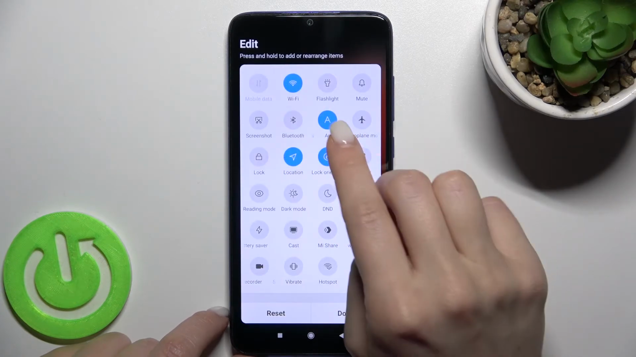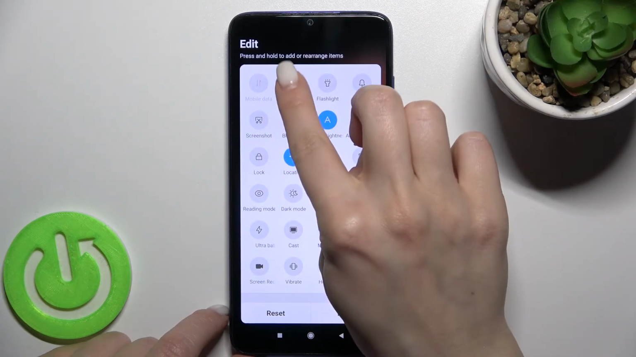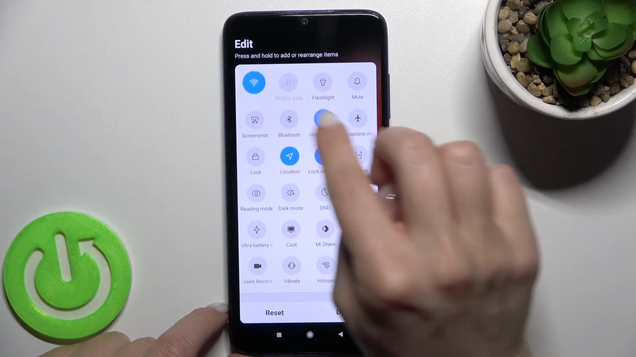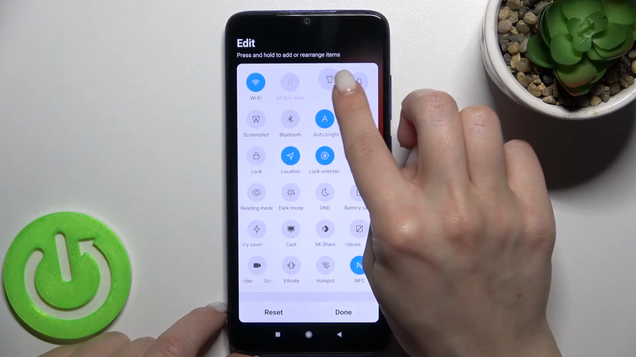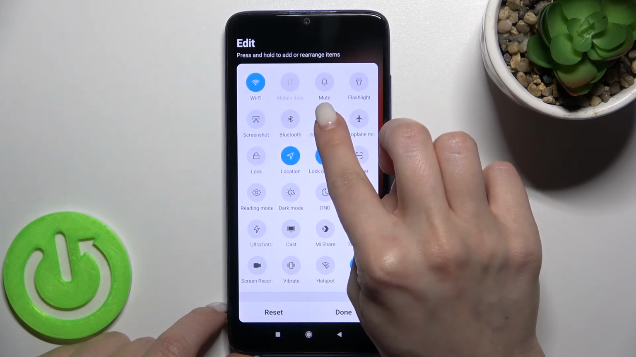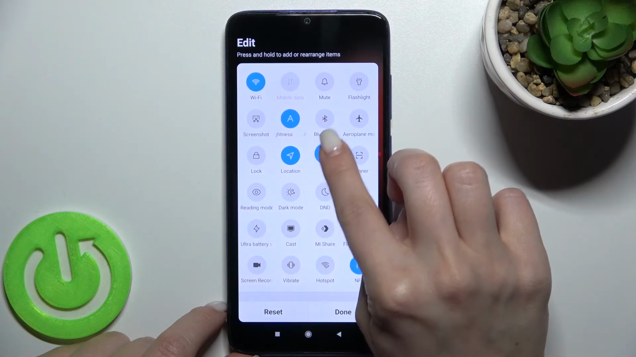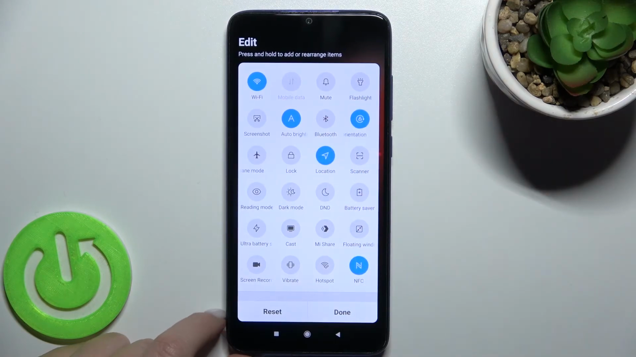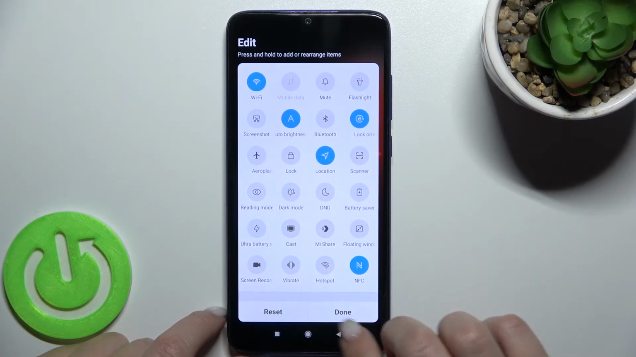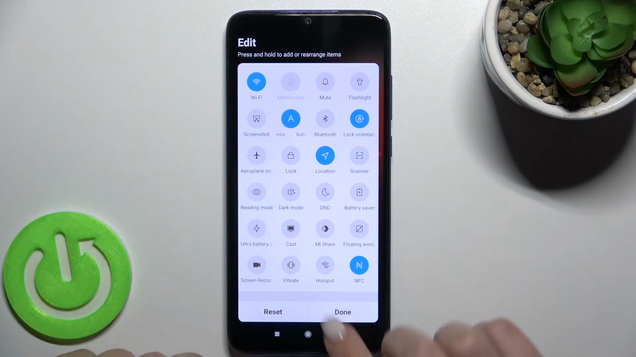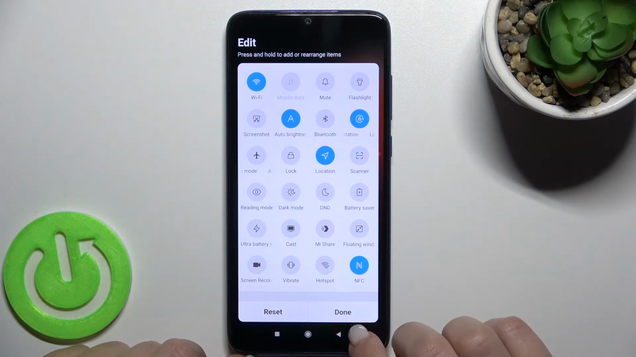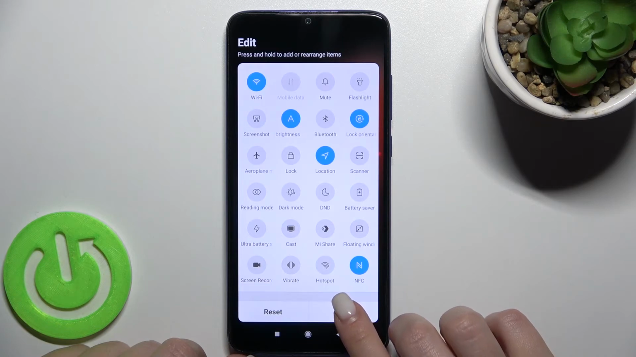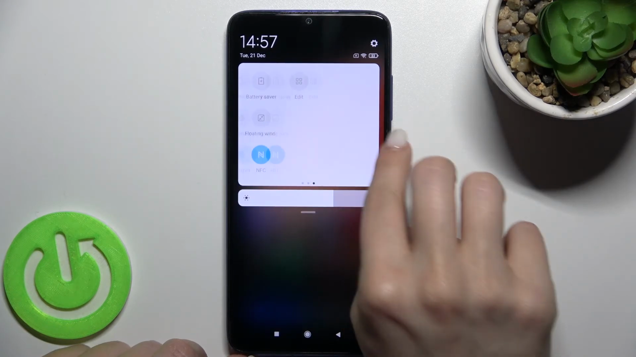And also you can switch the positions of your icons here on the notification panel. Just press and hold for a while and drag it to the position where you want to add the icon, and then you can tap done to save all the changes, or you can also reset all the changes. And now I'll tap done, and you can